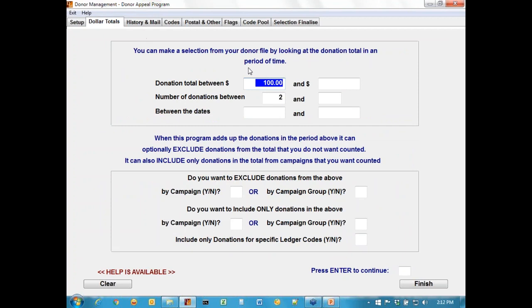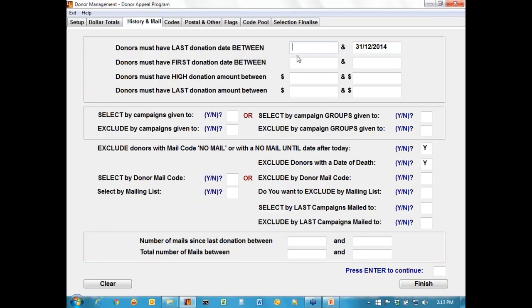Now, because I've already got the dollar totals here, then we also know that they must have given at some stage, so therefore it can't pick up the non-donors. If I had not specified anything on this page and went straight to history and mail and ran this from blank to December 2014, this will also include my non-donors. To eliminate that, I could say, yes, their first donation was from the 1st of the 1st, 1900, and obviously that will then only pick up people that have given at some stage, but prior to the beginning of